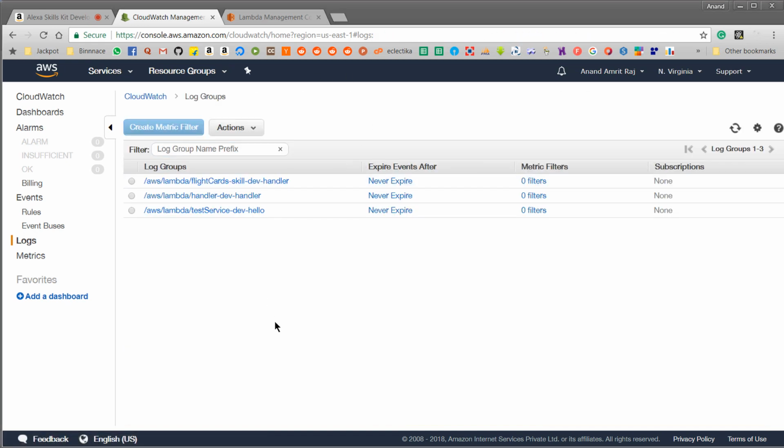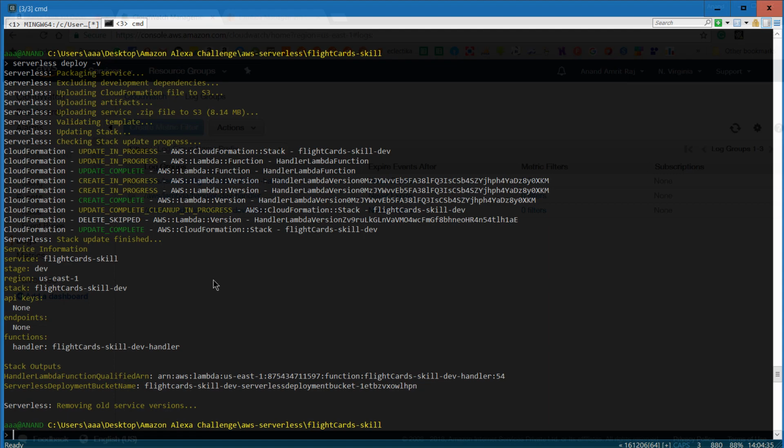For the development of this skill, we used the Serverless application framework, which is a very good way to develop serverless applications. It gives you a boilerplate code which can be deployed simultaneously onto different service providers such as Microsoft Azure or AWS Lambda. So this is a very fun way to work with serverless applications, and this is highly recommended if you are new to serverless applications.